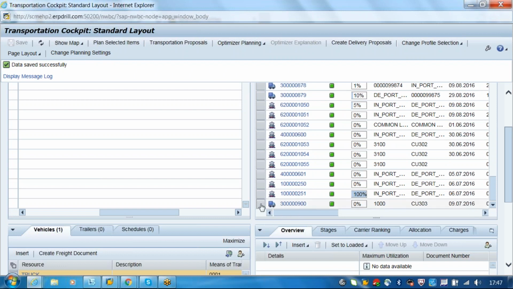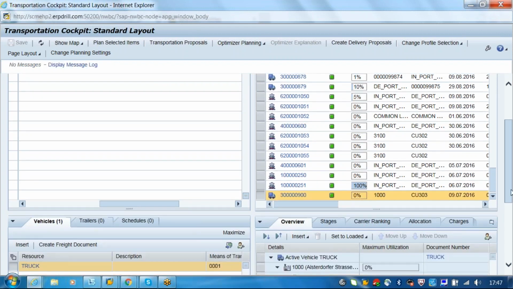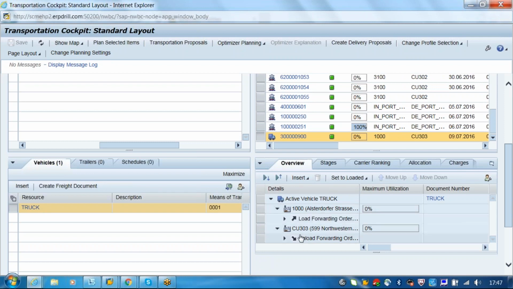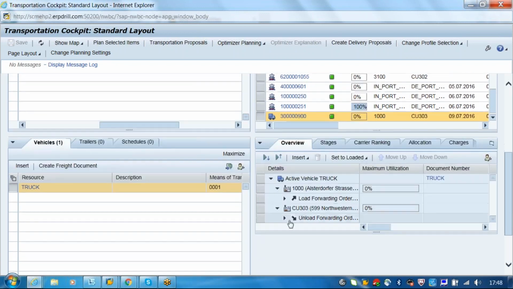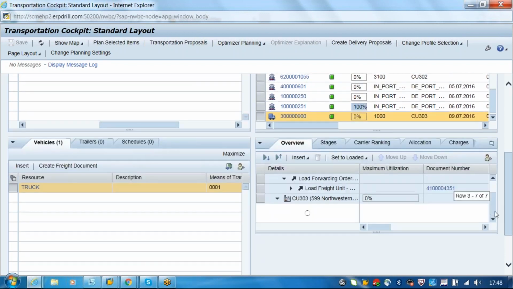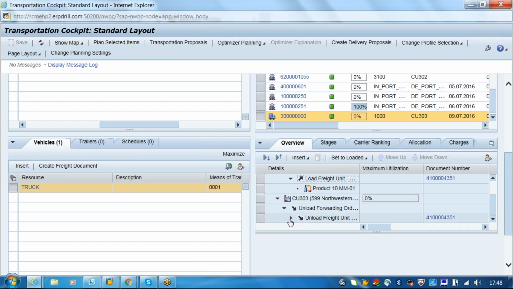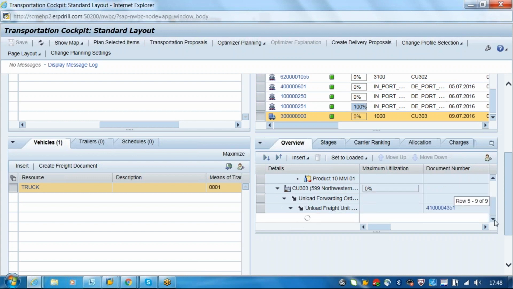If you want to choose this, what is there in this, just click here. You can see the values. It is from the source destination 1000. Okay, and it is going to the loading. It is loading to this document and it is unloading to this value. Okay, load freight unit. This is the material, and unload freight unit. This is the material, which is unloading at this. Okay, so this is your freight unit and this is the material master, whatever you created.